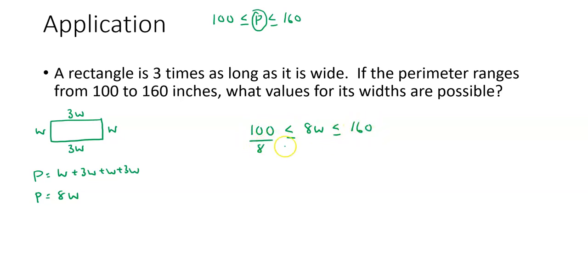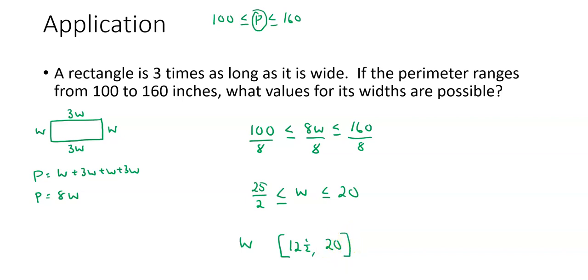And my last step then is divide everything through by 8. 100 divided by 8. Well, I can knock a 4 out of top and bottom. I'll get 25 halves. 160 divided by 8 is 20. 25 halves is 12 and a half. So the possible values for the width is that they are between 12 and a half